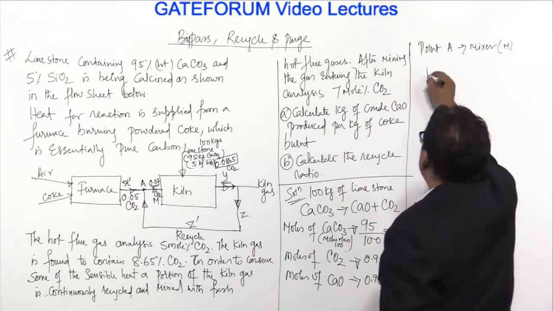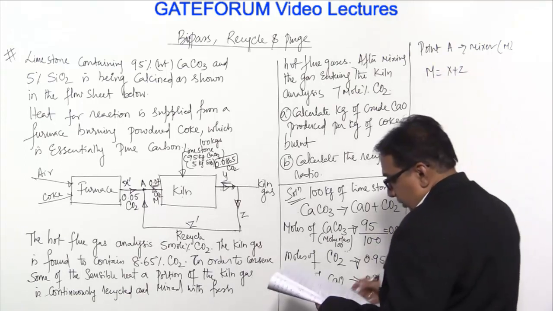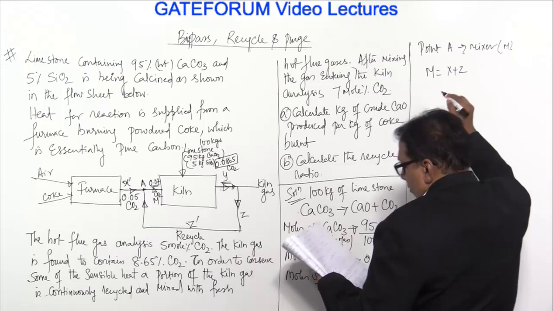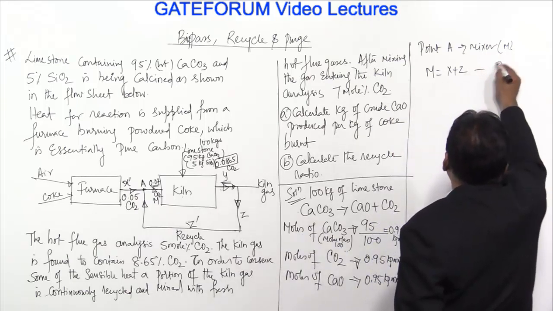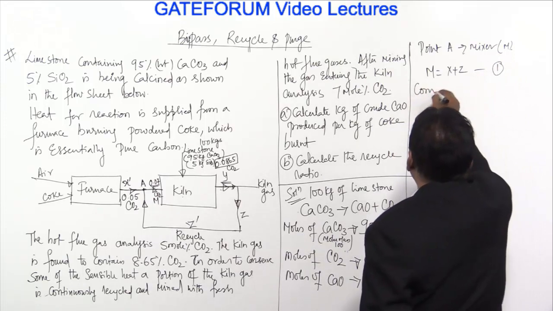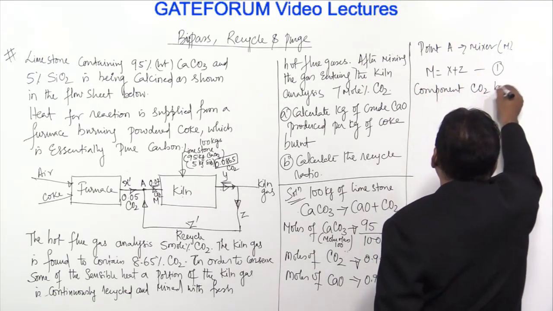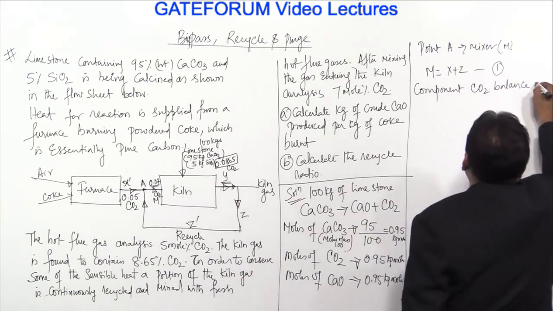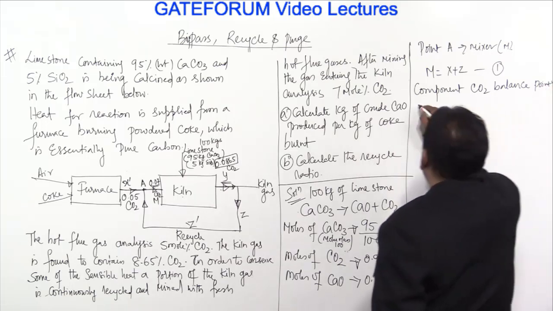M is equal to X plus Z. So this is the overall material balance. Then the CO2 balance, the component CO2 balance at the point A. So what you can write here,